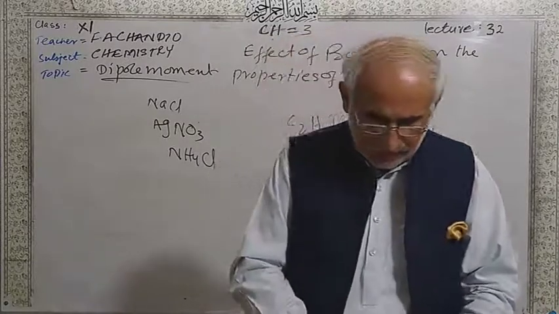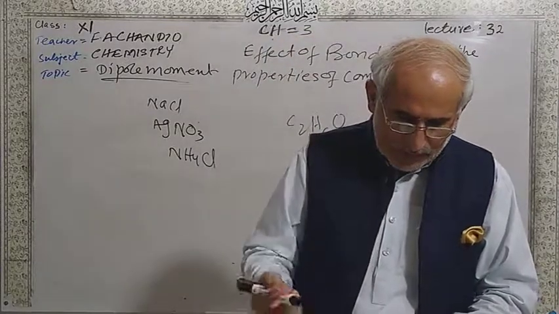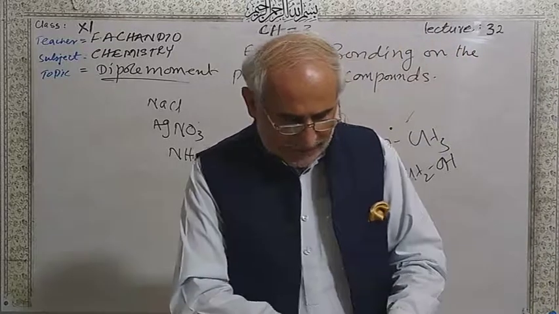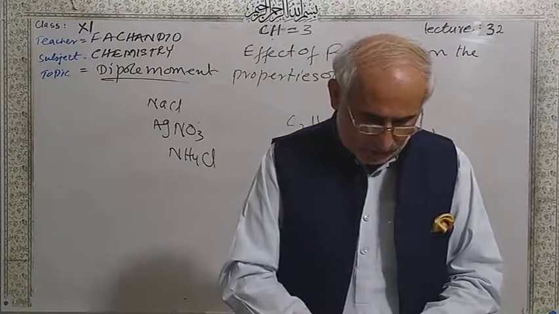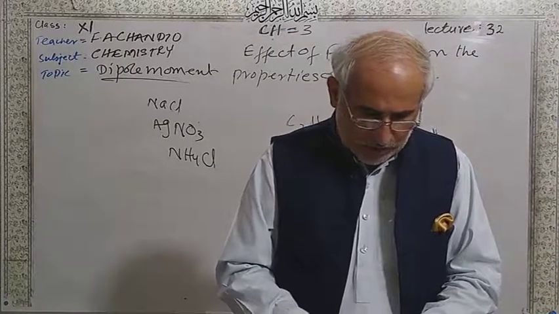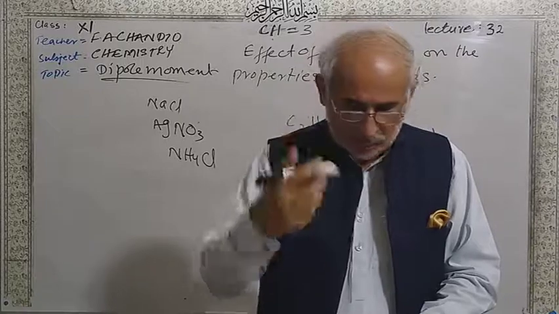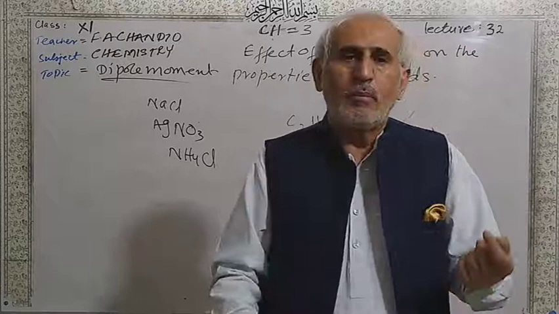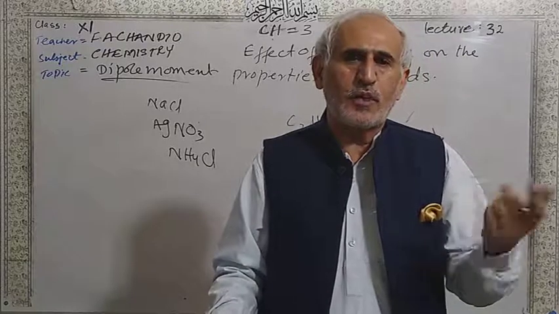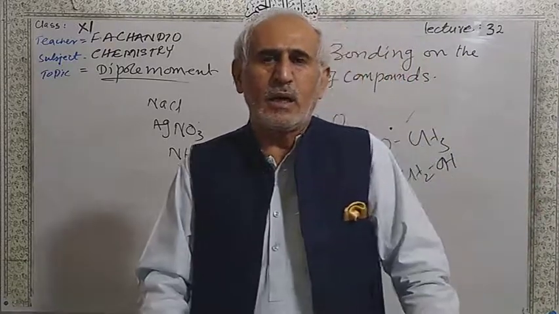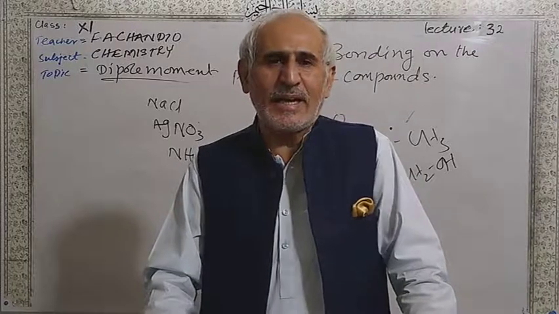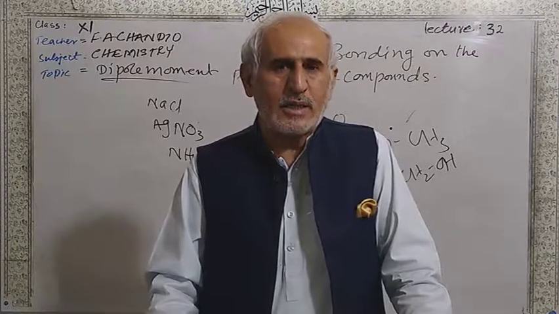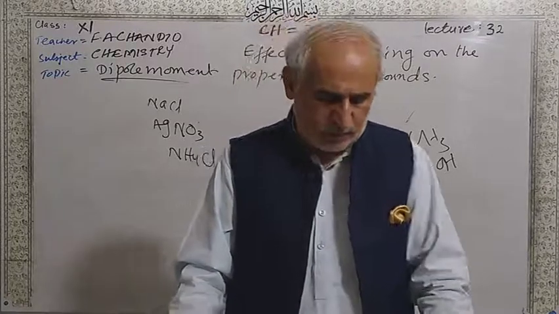So many examples are given here. The speed I told you. Density: the force of attraction between the cations and anions in ionic compounds keeps them close to each other, so they are hard and heavy, with more density. Metallic solids and molecular solids: metals have a metallic bond, a special force of attraction between the negative electrons and the positive metal ions. So this special kind of force is called metallic bond.